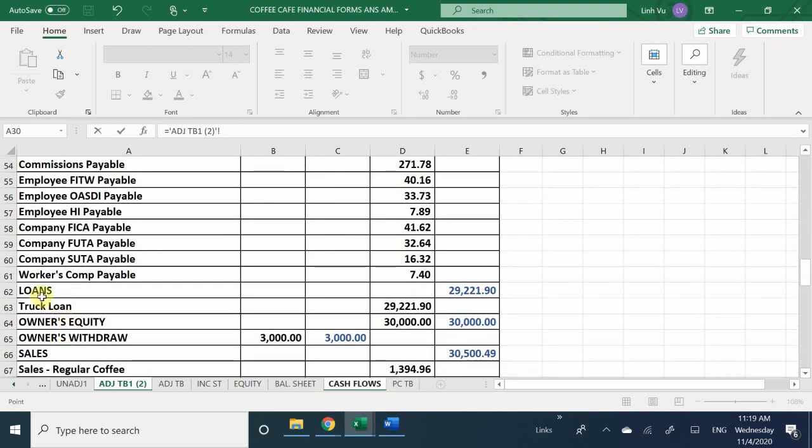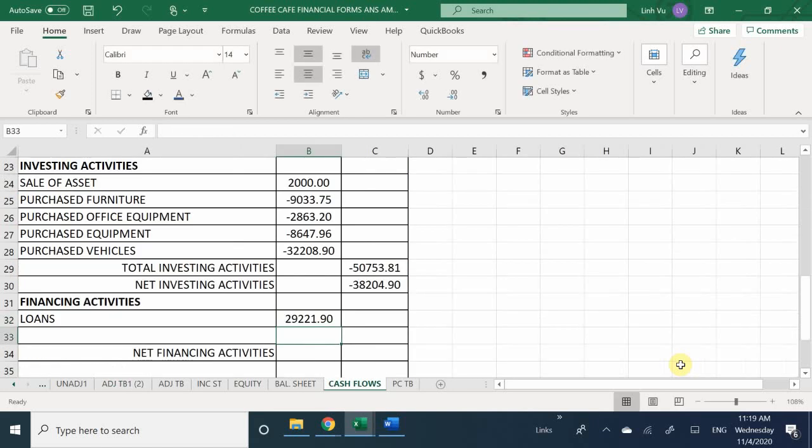Okay, so it's loans, right? I got the loan for $29,221.90. And that's going to be a positive because that's money I received because I borrowed it. Okay? And then the last thing that does affect your financing is obviously going to be anything that affects your